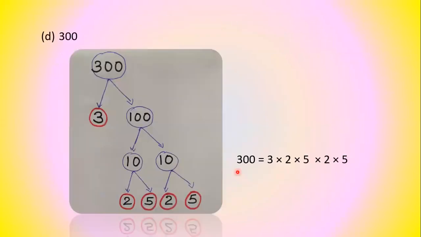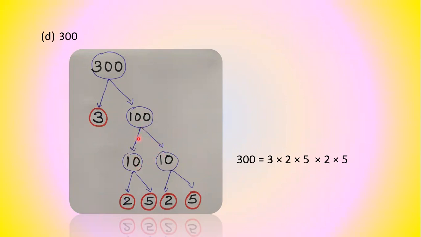The next question is 300. Here also we can write the factors in many ways. It comes in the 2's table. We can write it as a multiple of 3, as a multiple of 5, as a multiple of 10. I have taken 3 into 100. 3 into 100 gives 300. Now 3 is a prime number, so we can leave it and factorize 100. 100 we can write as 2 into 50, 4 into 25, 5 into 20, 10 into 10. Anyway, I have taken it as 10 into 10.